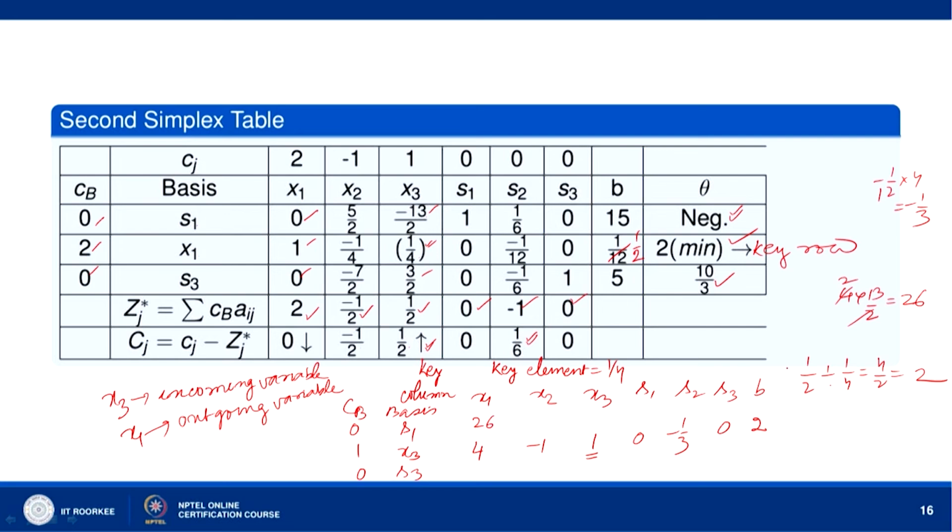Then we have minus 1 into 13 by 2. So, minus 13 by 2, we add to 5 by 2. So, minus 8 by 2. So, we get minus 4. So, we get minus 4 here, and X3 this is 0. Okay. Then we multiply by 13 by 2 and add to the first row, right. So, S1 here it is 0.